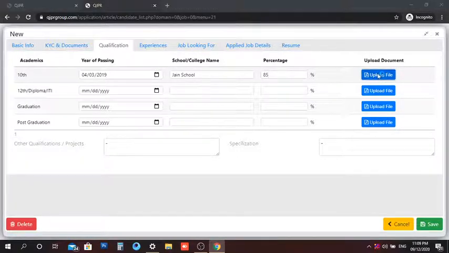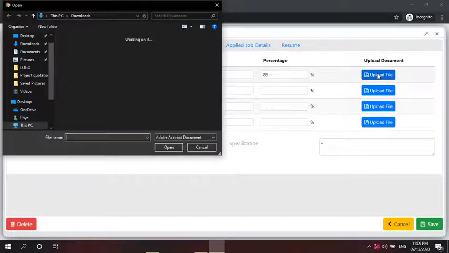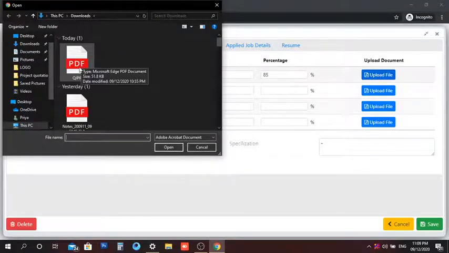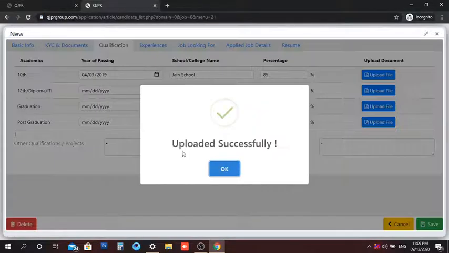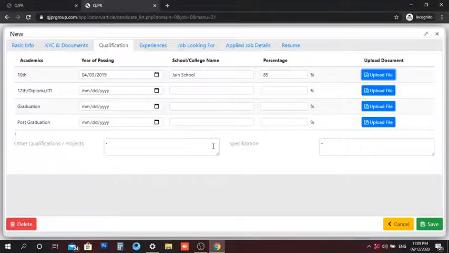Then you can click on upload file and choose a file which is in a PDF format and save it. So upload it successfully. Next, likewise you need to enter the PUC details, graduation, post graduation, and next save.